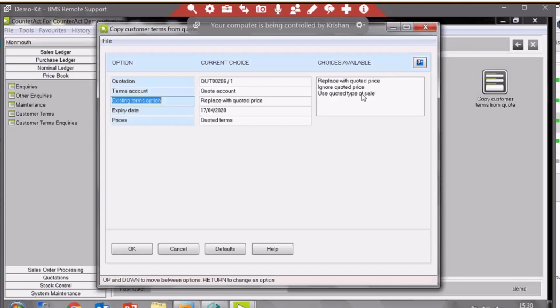So if on your quote you've got collected and delivered prices for products, then you can copy that down onto your customer terms. You can set your expiry date. Again, it defaults to whatever you've got set on your control file. And then prices, you can decide whether you have it exactly as you've got it on your quote, whether you want to convert what's on your quote into a net price, or whether you want to go to these K+,